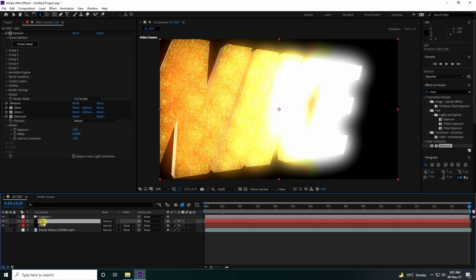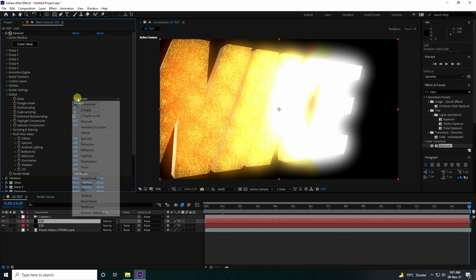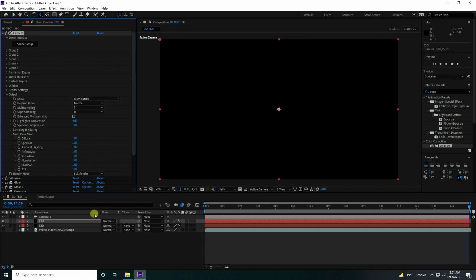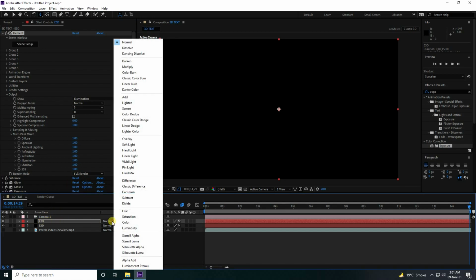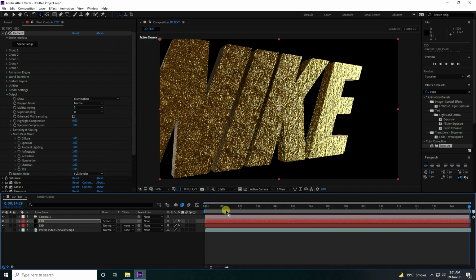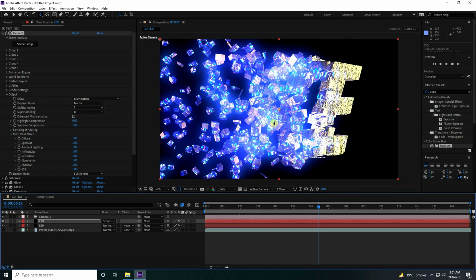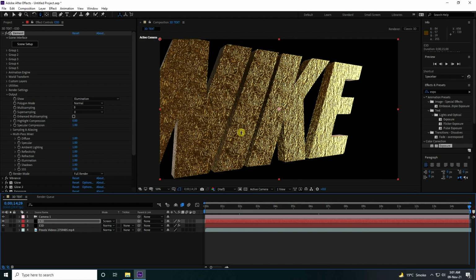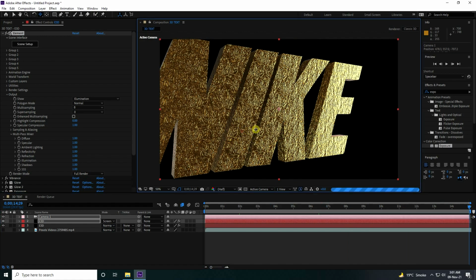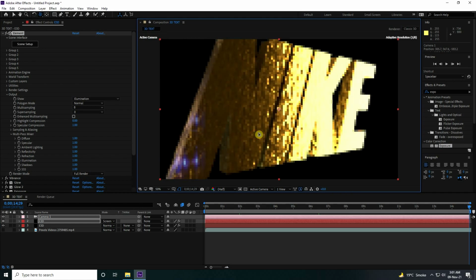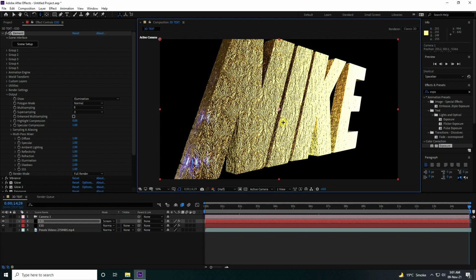So go to here, E3D 2, and guys, go to output, this one, and show to change illumination, this one. Yes, and guys, screen, this one. So guys, go to here, E3D layer up one, and use screen. Yes, so go to here. Yeah, it's good, right? Okay, so guys, now go to 15 second and set your camera angle. I like this one. So change a little bit and closer.